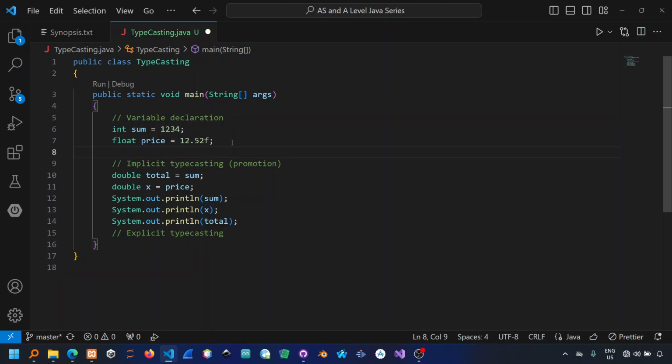So this is implicit typecasting. Basically we are promoting a lesser data type up one level. Int and float, when we talk of hierarchy, rank lower than a double. This is basically implicit typecasting. Then you can also implicitly typecast,